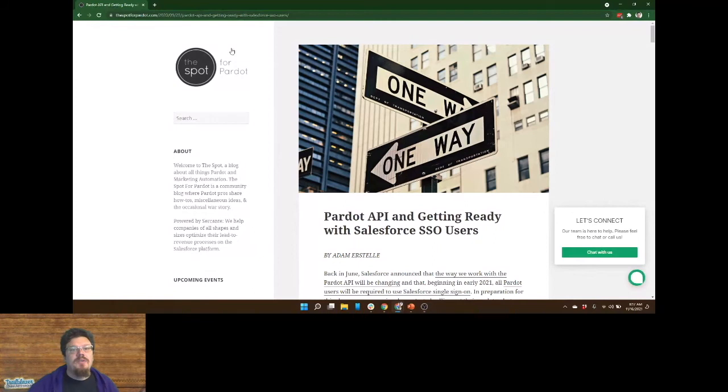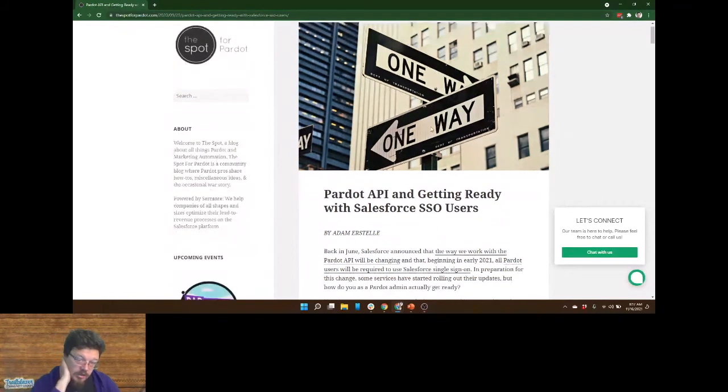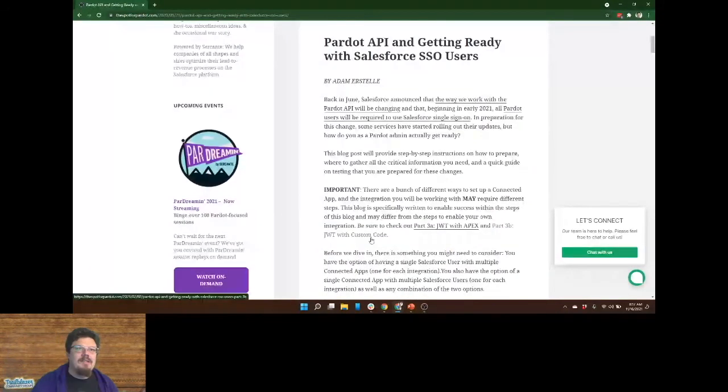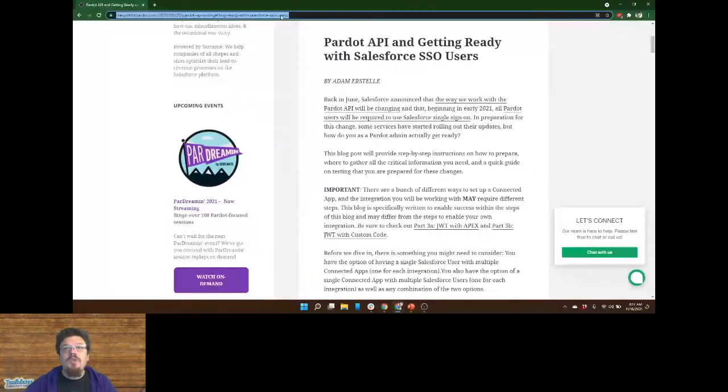I tend to follow the Sucante documentation, and we do have links to JWT logins with Apex and JWT with custom code. So there are other ways we've documented that are not in the Pardot documentation at all that you might find useful.